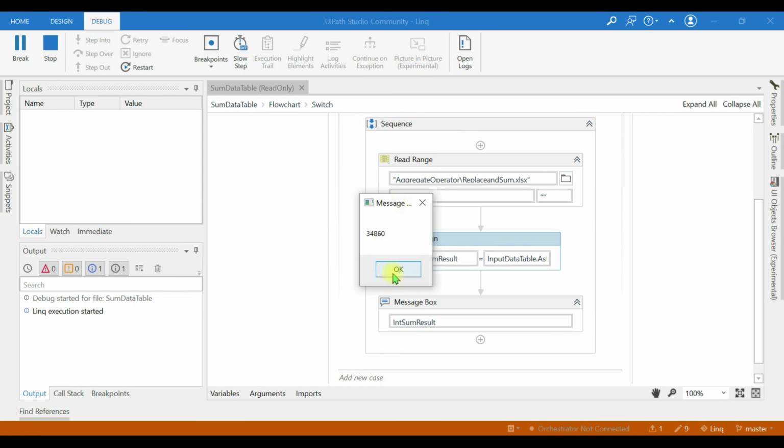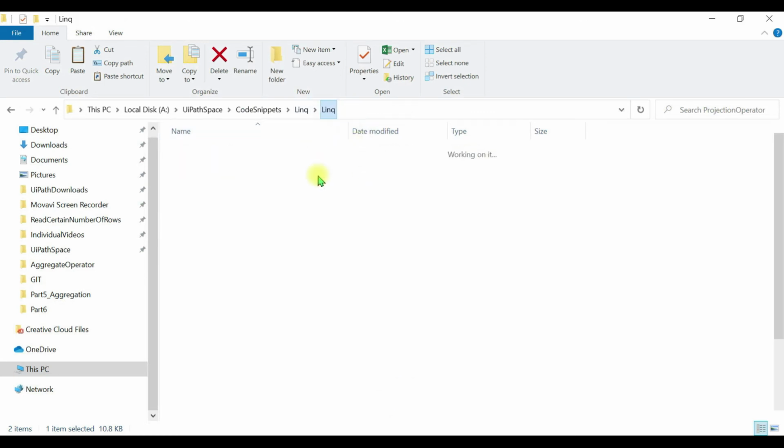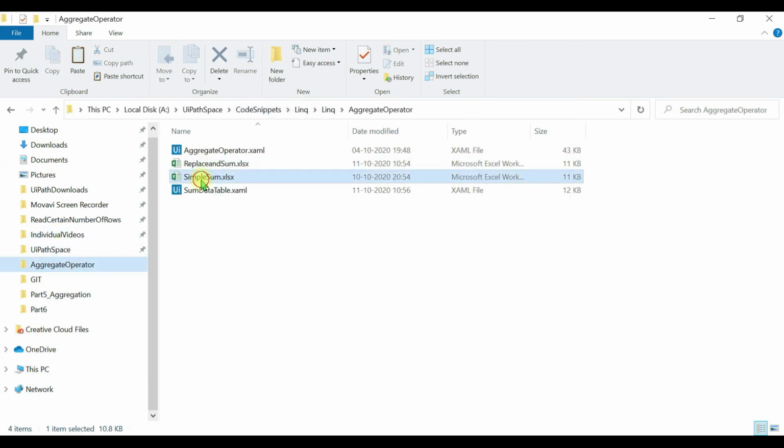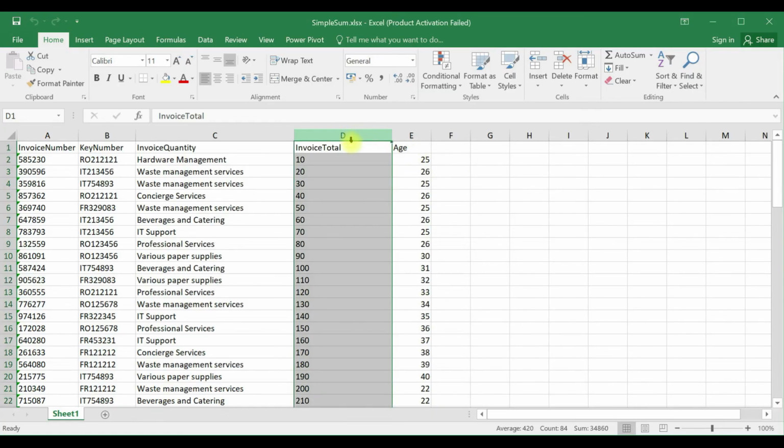That's what we saw in the simple sum. If you take the aggregate operator in simple sum in Excel, we can see the sum of all values is 34,860.